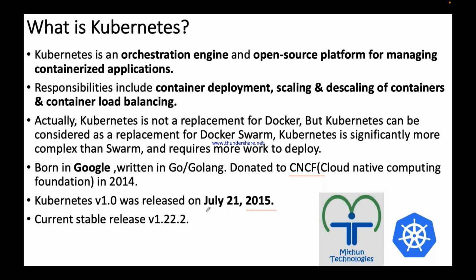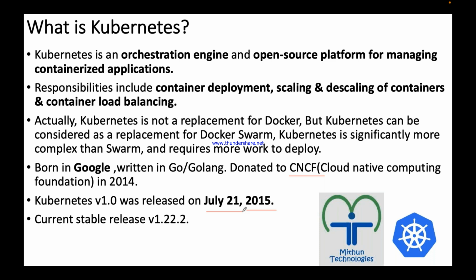In 2015, July 21st, Kubernetes version 1.0 was released to the public, which means